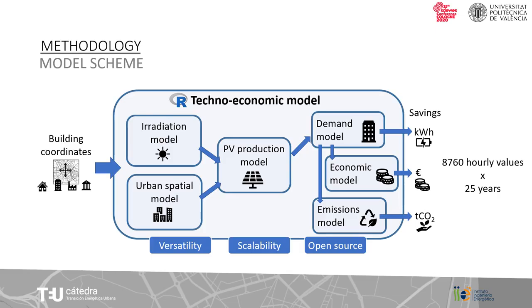If we look inside the model, it is constituted by 5 different submodels. First, we use an isotropic irradiation model. Second, with the spatial urban model, we include the shadow losses due to nearby buildings by using LiDAR and cadastral data. Then the irradiation is converted in electricity production, assuming a standard performance ratio and photovoltaic efficiency in the production